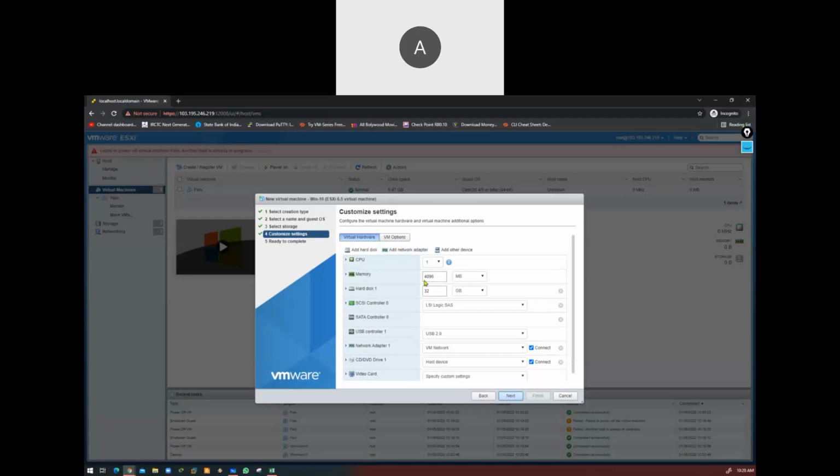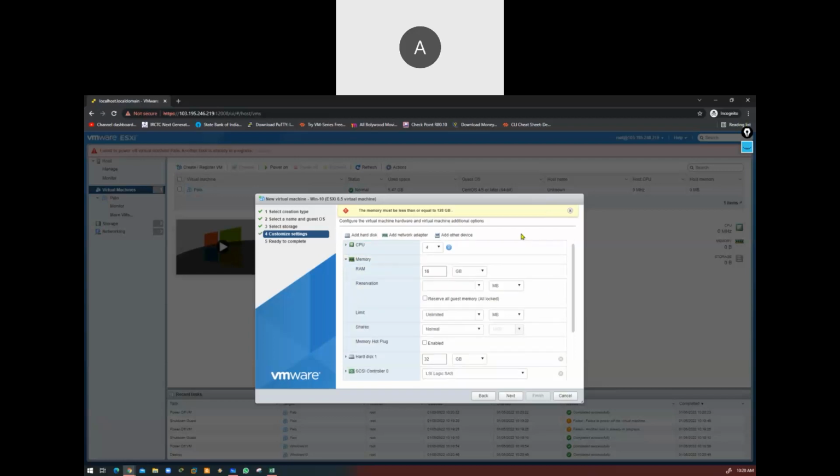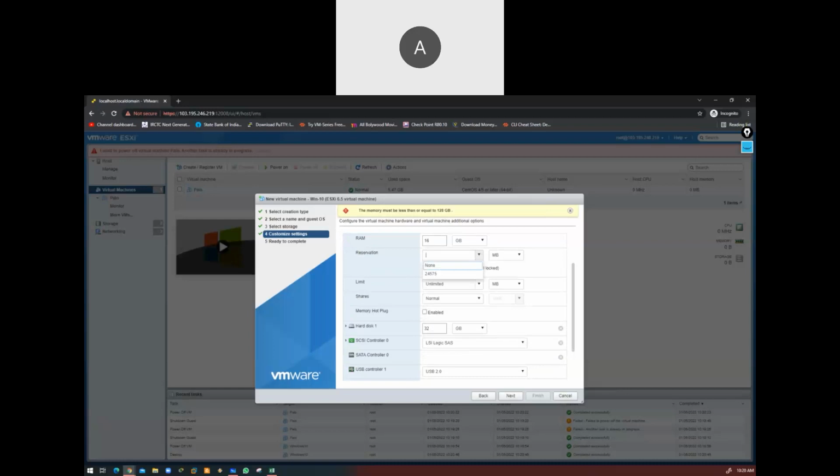Now you will get the configuration option. Let's say I would like to give it around 4 CPUs. For memory, this is your RAM, by default it is 4 GB. If you want, you can increase it. The maximum limit for this machine is 24 GB of RAM. So I am assigning it around 16 GB of RAM as of now. You can also follow the same thing. Now space. Space in GB, as I told you, is around 726 GB. So I'll be assigning it around 700 GB.